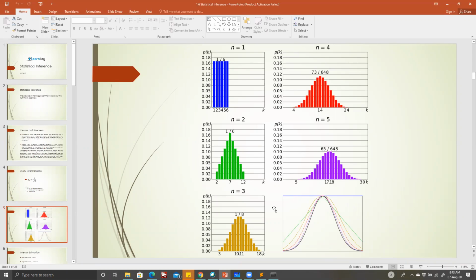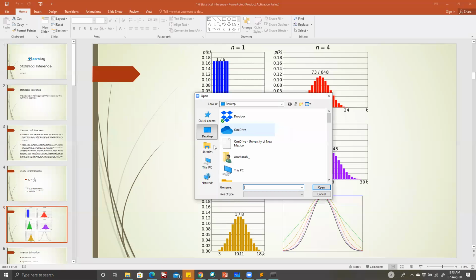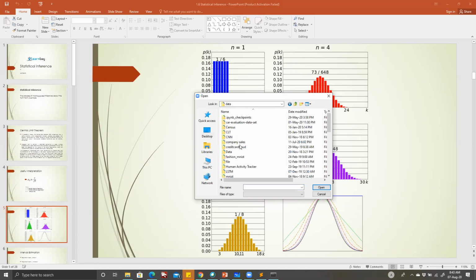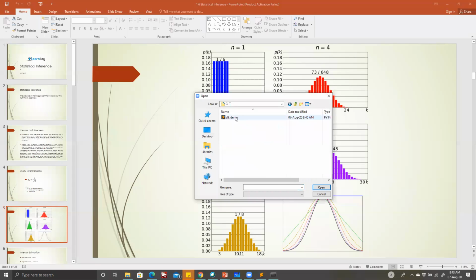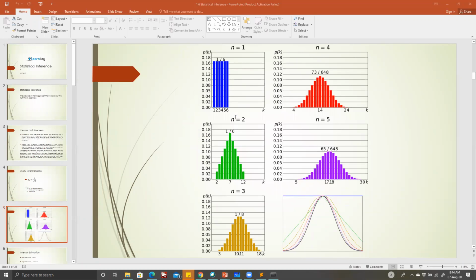If you guys want to run the code, I think in Zoom we can share a file, right? I'm not sure. Yeah, I think I can share the file. So let me put this file in Zoom here as well. Later I will also upload the same file, the CLT file, to the data folder. I have sent the file to everyone, and you can download it and run it right now.